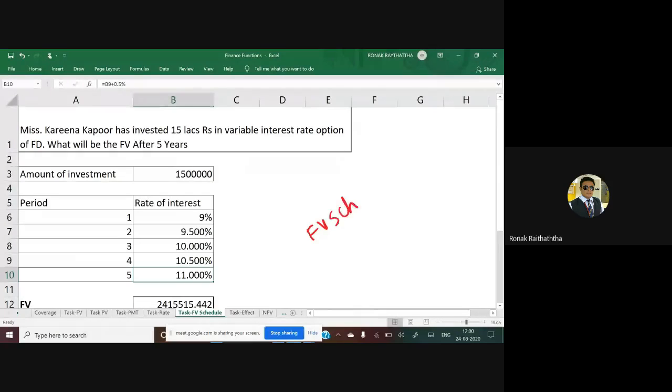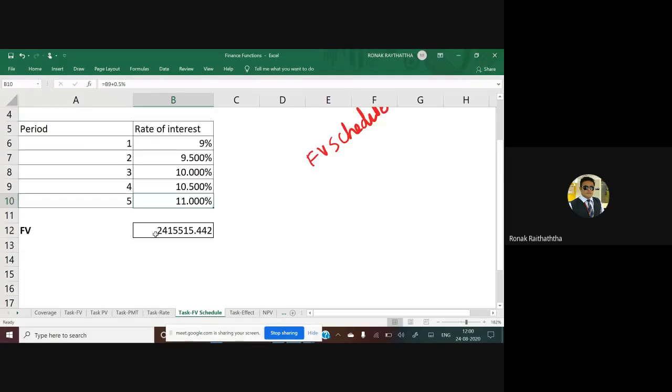FV schedule. FV schedule. Sir, you are not pronouncing it well. So brother, I am not a communication guy, okay. Look how much trouble I am having pronouncing FV schedule. Now I will not pronounce it. Okay, so I am removing it over here. Sir, how to apply this FV schedule? Yes, now I have done it well, I guess.